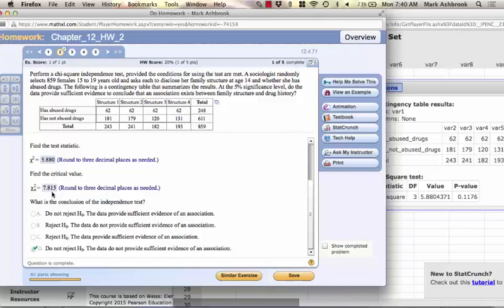So if we want to be sure we're right 95% of the time, this is not enough evidence to say that these are associated. We have to say it's possible that they are independent. Okay, questions on that one? Anybody? Okay, let's go back and look at